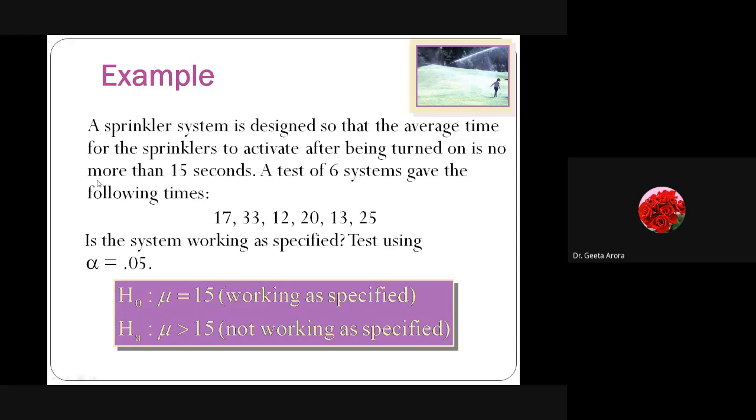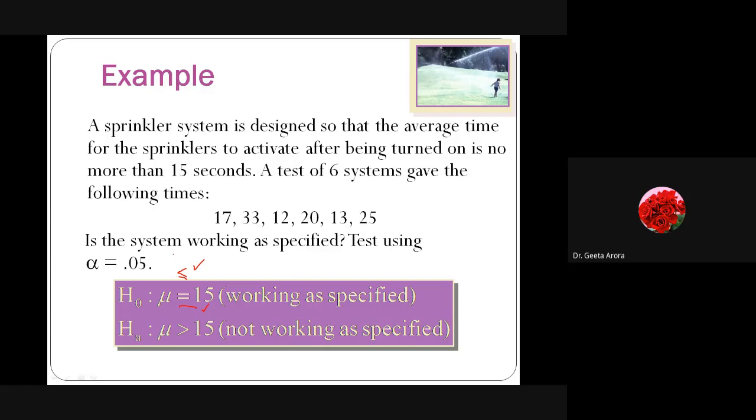Correct? So here you can use the equal to sign, and if you are using greater than or less than in H naught, it should be less than or equal to 15 seconds. Either I can use this, and if we are using the process where we put only equality, then obviously this is the correct null hypothesis. Both are admitted. The opposite should be the alternative hypothesis. So when we are using less than or equal to in the null hypothesis, what should be the symbol for the alternative?